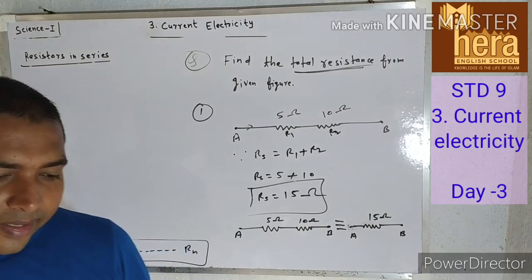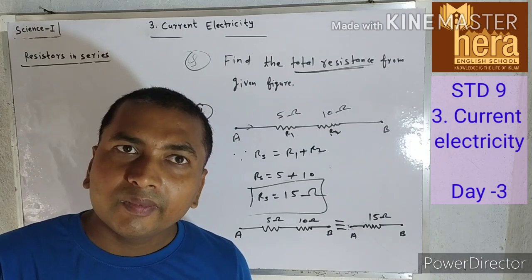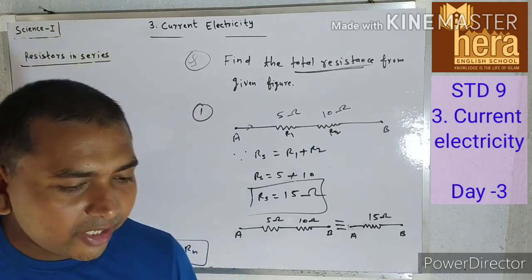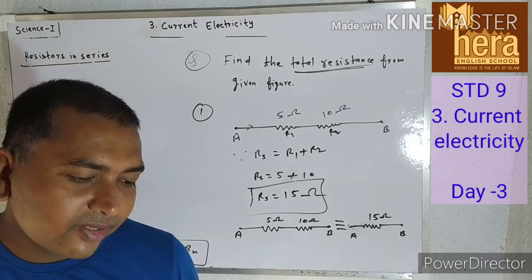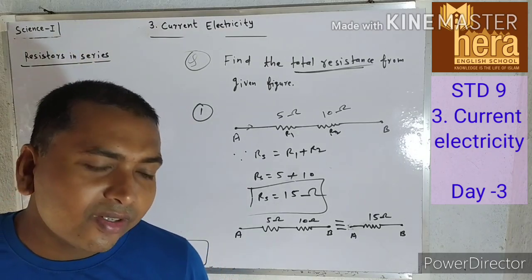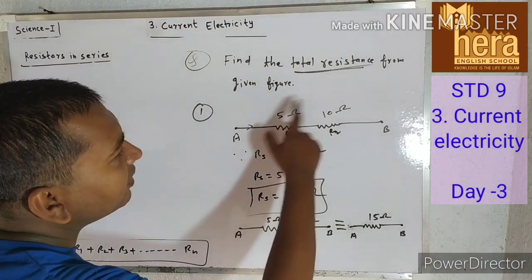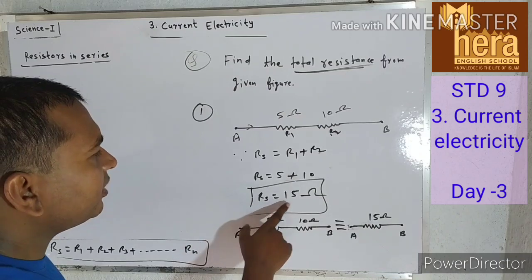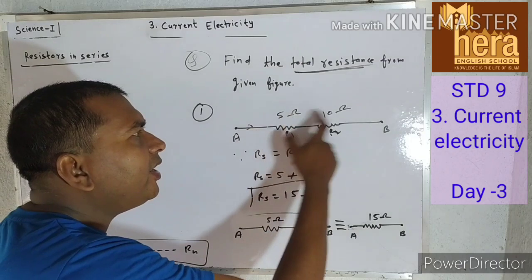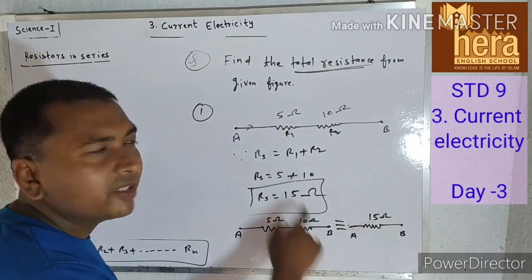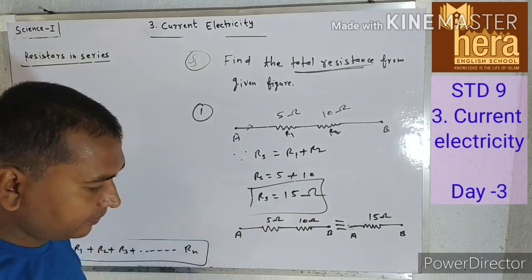First one is, the same current flows through each resistor. I have already explained, in series the same current will flow in each resistor. Second point given is, the effective resistance of the resistors is equal to the sum of their individual resistances. Of course, effective resistance RS is equal to how much? Here it is 15 ohm. Then how did this 15 ohm come? Sum of individual resistances. If you add, then you will get the effective resistance.